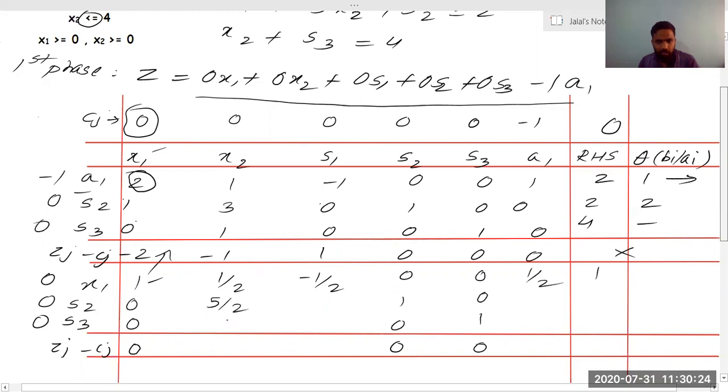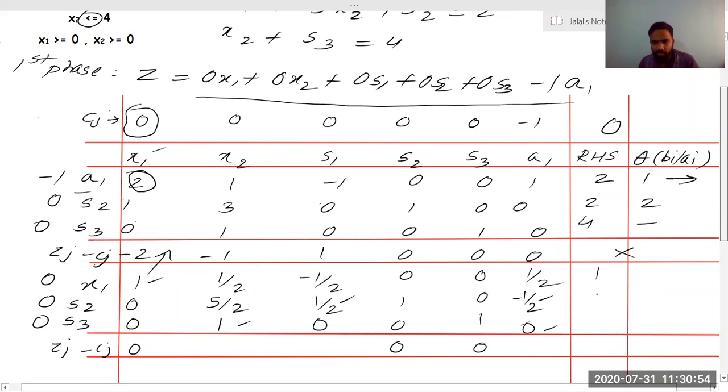Now we need to find this value. 2 minus 0 divided by 2. This will come out to be 1. Now we need to find this value. 2 into 0 is 0, minus minus plus 1 by 2, 1 divided by 2. Right? 2 into 0, 0 into minus 1, whatever the sign might be, all are coming out to be 0. 0 by 2 is 0. Now we need to find this. What will be this value? 2 into 0 minus 1. So this is coming out to be minus 1 by 2. Now we need to find this value. 2 into 0, 0 into 1. This will again come out to be 0.